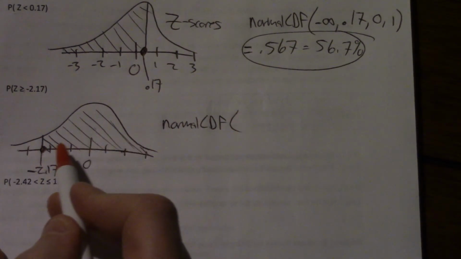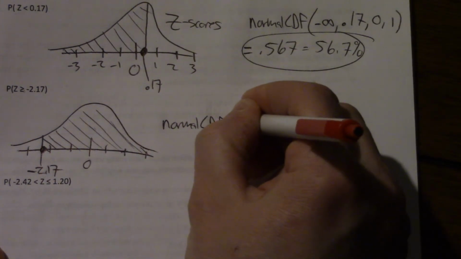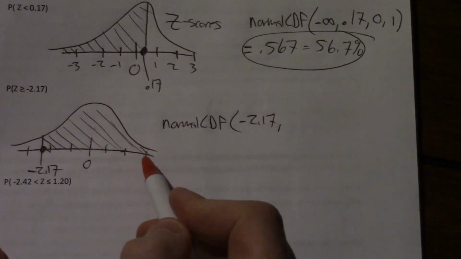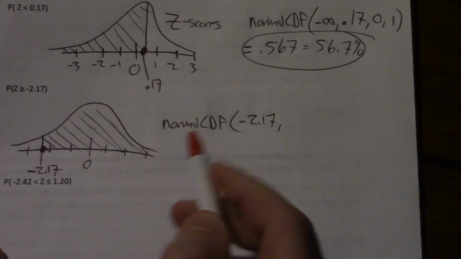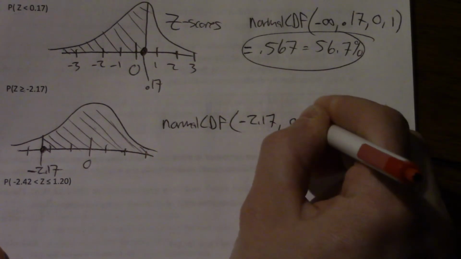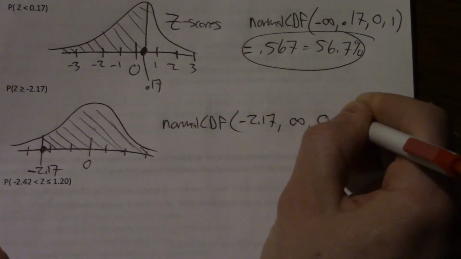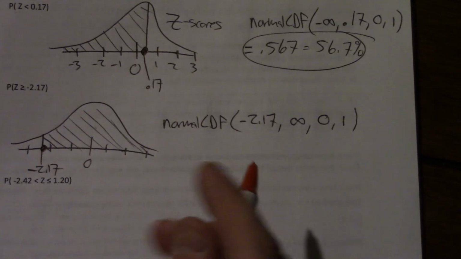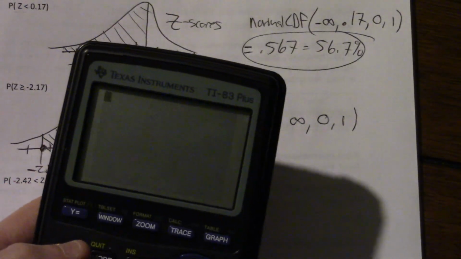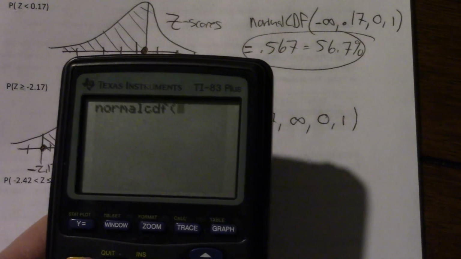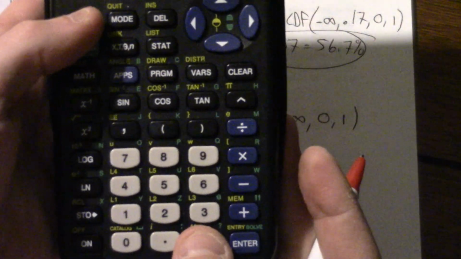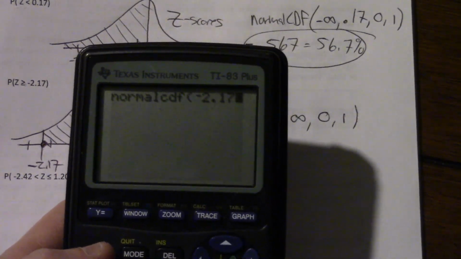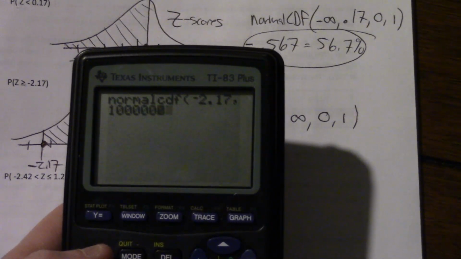So this area starts at -2.17. Where does it end? Not at +3, but at positive infinity. Still the mean of 0, still the standard deviation of 1. Okay, so we're starting at negative, this button, 2.17, going to a very positive number,